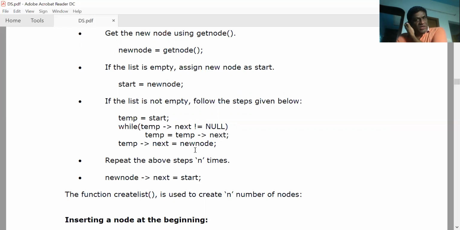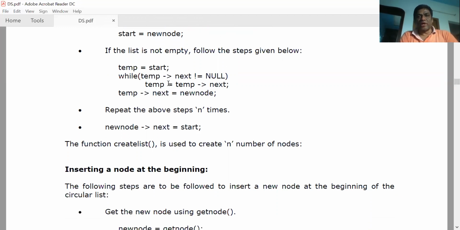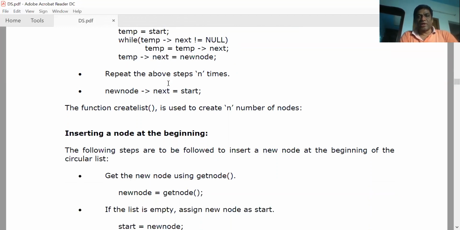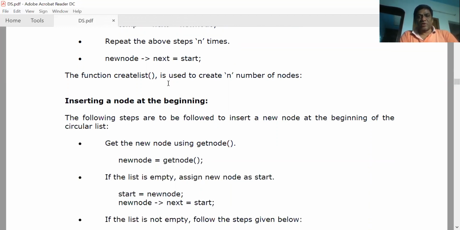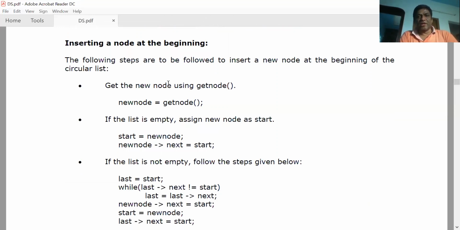If you have n number of nodes, use the same loop for inserting the node at the end of the list. Okay, this is actually not required. Generally, linked lists grow dynamically by attaching one node at a time, so we will never create all the nodes at one point of time. So you can ignore that operation. Just remember how to create a node.